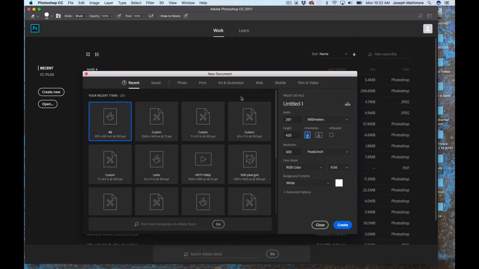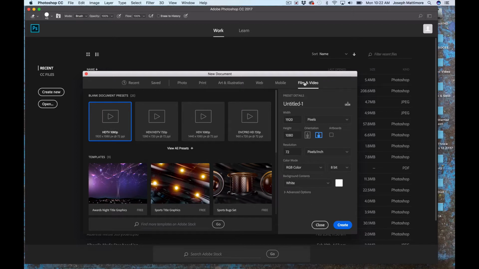Alright, in this tutorial we're going to create an example page for the animated storybook project. You should already have some images scanned from a storybook, at least one or two pages. We're going to take those and put them into a new document in Photoshop. For this project, we're going to use the film and video presets, and we're going to use the 1920 by 1080 HD video preset. Once you've found that, you can rename your project into something appropriate for the project,